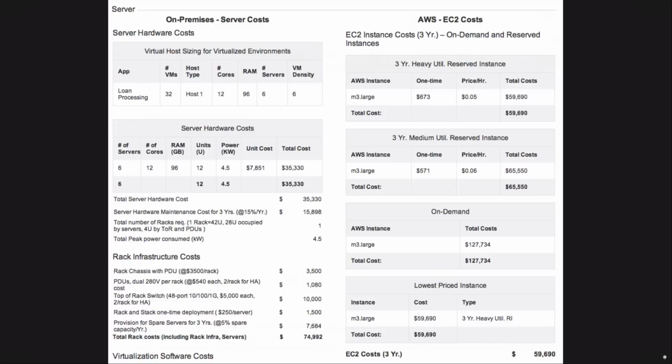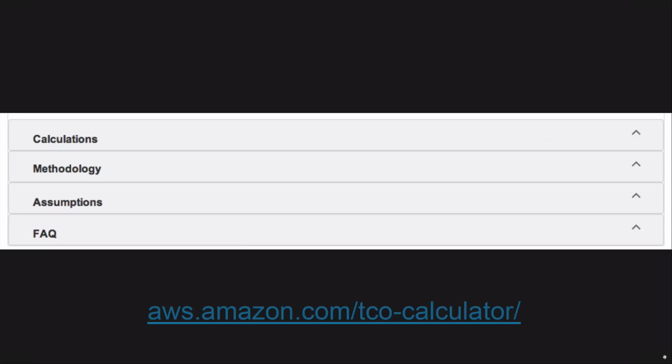It will also give you a detailed breakdown with all of those costs made visible. And obviously, you can use that to check assumptions and validate those detailed costs against your own knowledge of what your own costs are. So it's a super tool for looking at in order to validate whether or not a move to AWS might offer you TCO benefit. Of course, if you dig into the tool, you can access the full details of all of the calculations that have been used to work out the cost model.